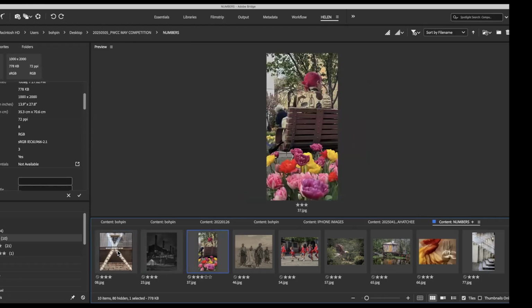Number 37, The Colors of Spring by George Corbin. Are you here, George? You have to unmute. He was here. He's still here. It's quiet.